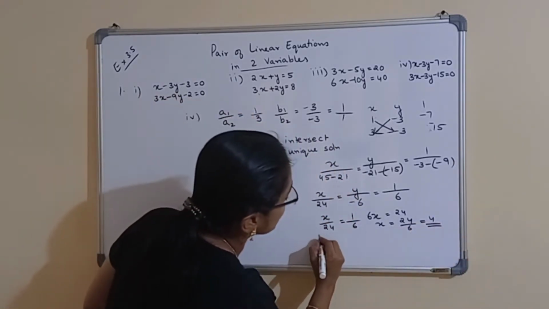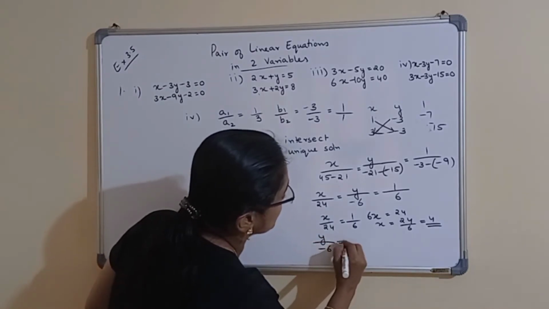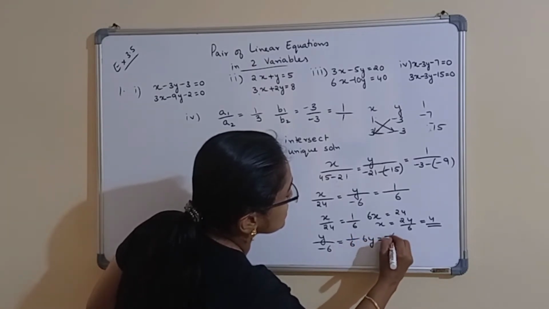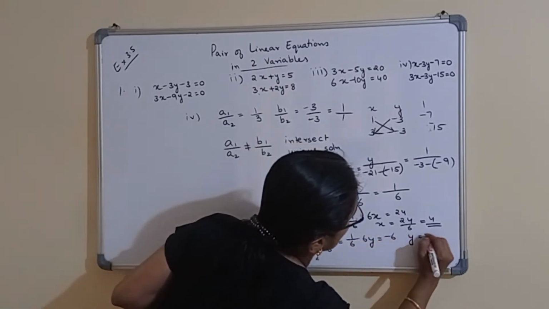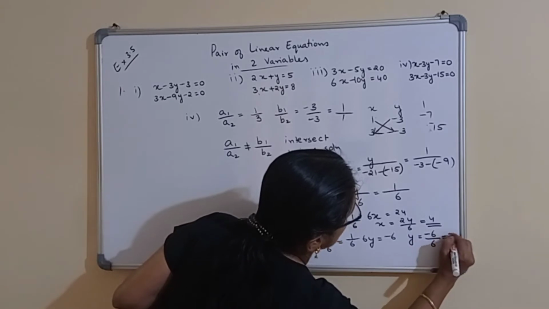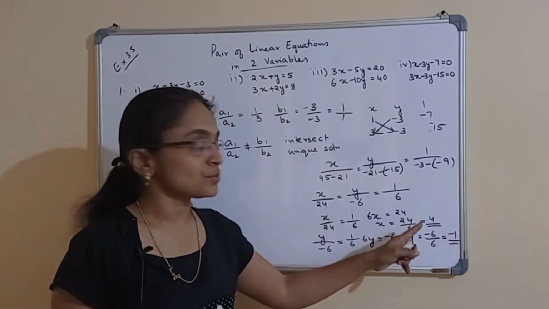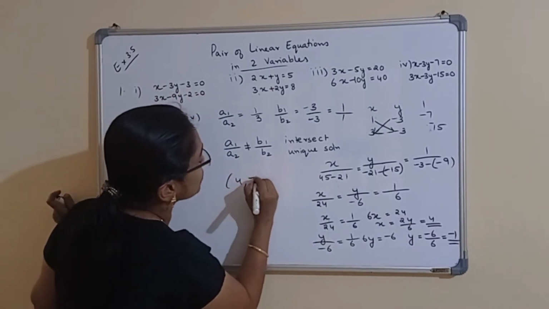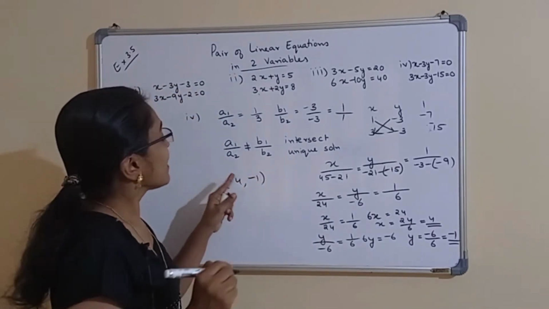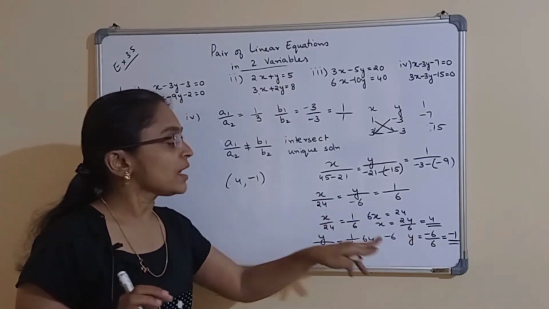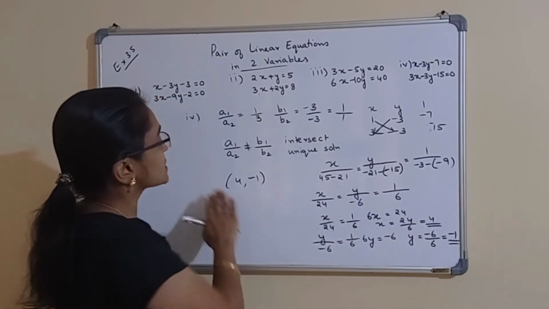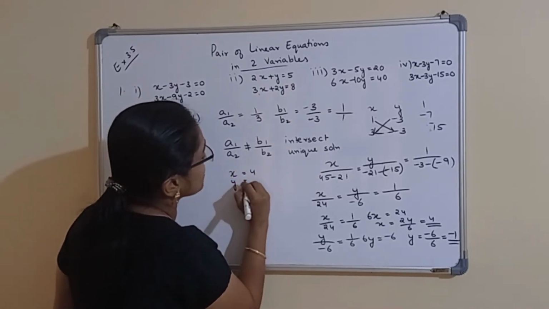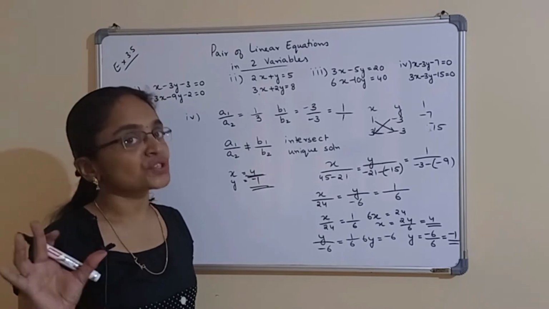Now we have to equate this. Y by minus 6 equal to 1 by 6, which means 6y equal to minus 6, and that means y equal to minus 6 by 6, which is equal to minus 1. So the solution is 4, minus 1. The value of x here is 4 and value of y here is minus 1. So we can write x equal to 4 and y equal to minus 1 is the solution of this pair